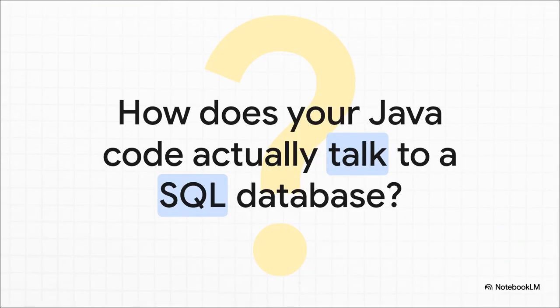So think about it for a second. Your Java code is all about objects and methods, right? But your database? It only speaks SQL. They're speaking completely different languages. So how on earth do they communicate? How does your app actually send a query to something like MySQL or Oracle and then understand the data it